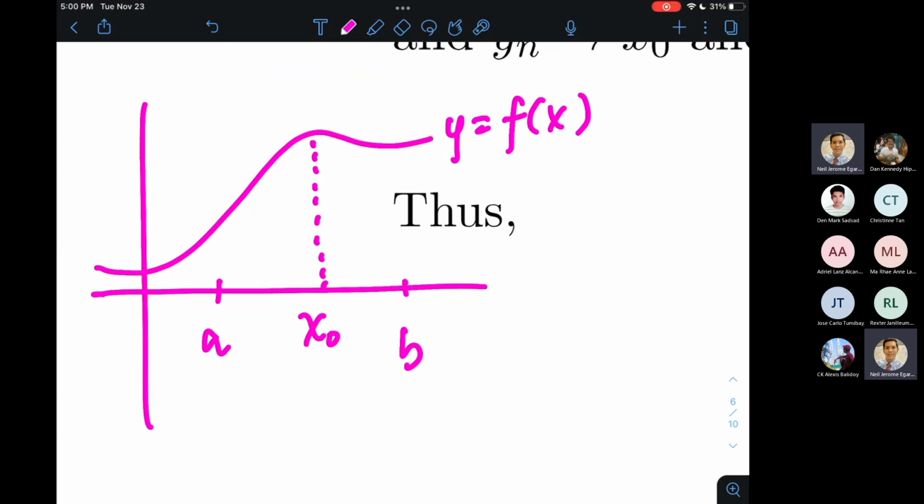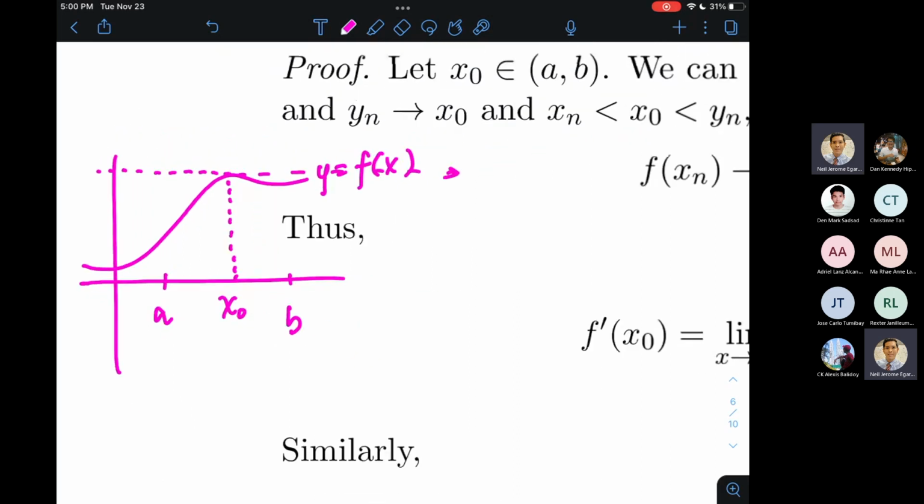And true enough, our geometric interpretation for the derivative of the function is the slope of the tangent line. So pag kinuha natin yung tangent line at x sub 0, ito yung makukuha natin. Okay? Ito yung limit ng mga secant lines. And here, the tangent line is horizontal, and the slope of a horizontal line is equal to 0. So at least graphically, we can imagine why Fermat's theorem is true.